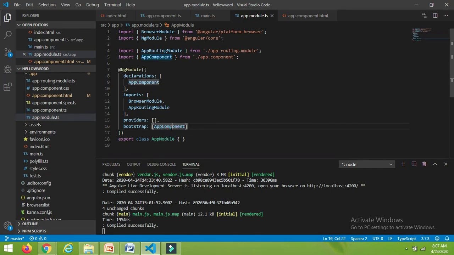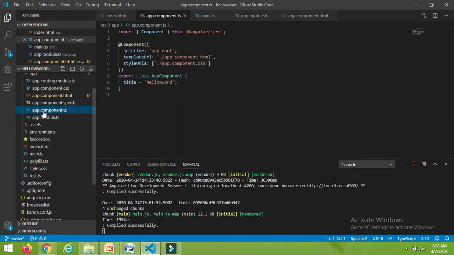Once the app module is loaded, we load the app.component.ts file. Let me open the app.component.ts file, and here we have the selector app-root.